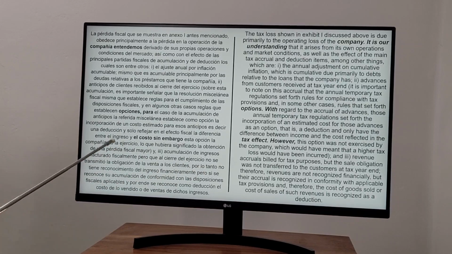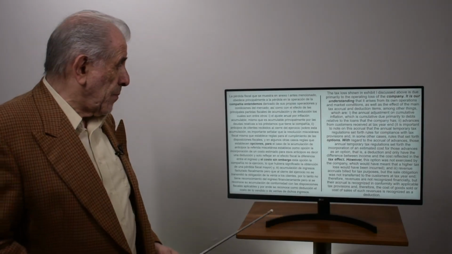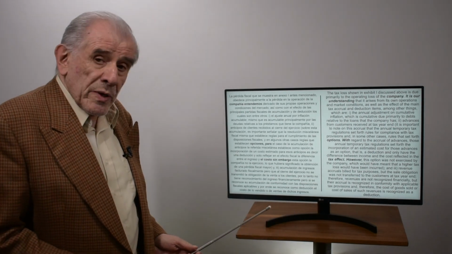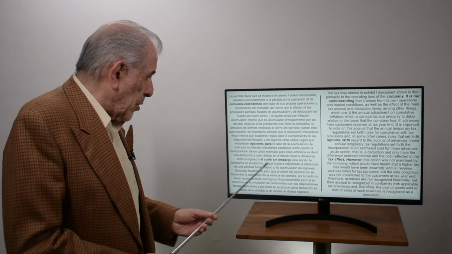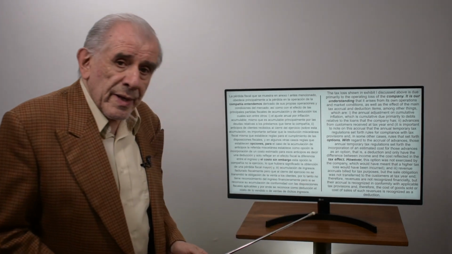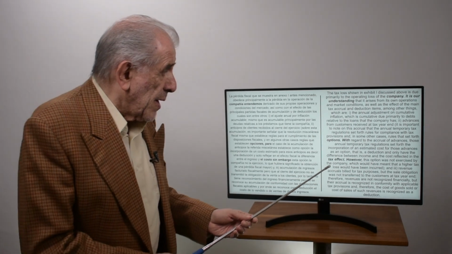We come to the end of the third sentence, the third idea. In the source language, there is no punctuation at all between el costo and sin embargo. So we put our period here, tax effect, and we continue. However,